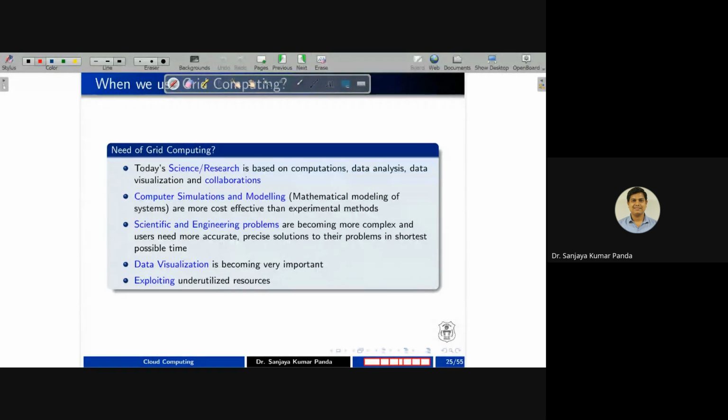These projects are all running under grid computing, right? If you want data visualization, for example, biology data, space data, astronomy data, or gravitational physics data, you require large computation. So grid computing is the solution for it.